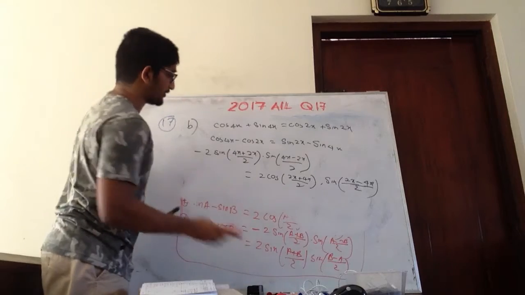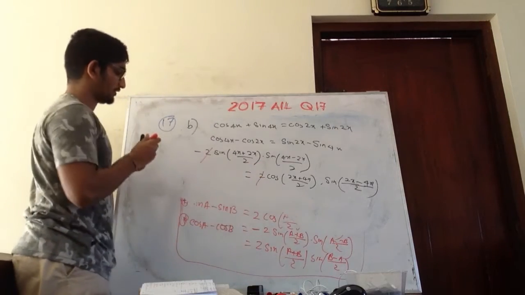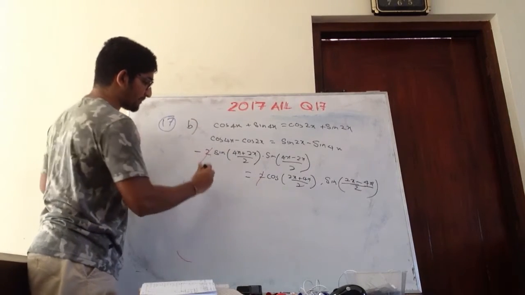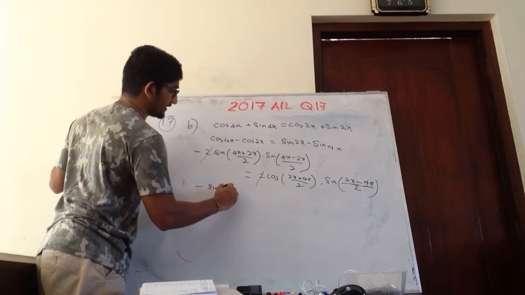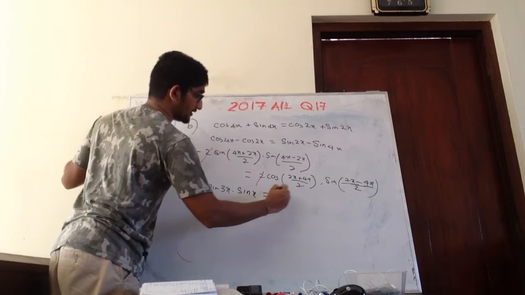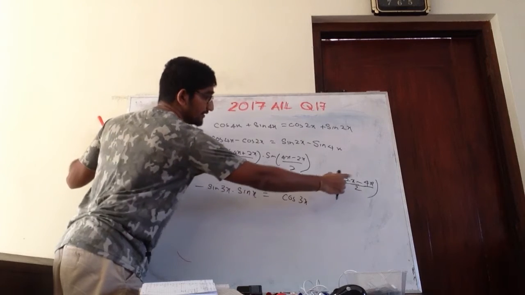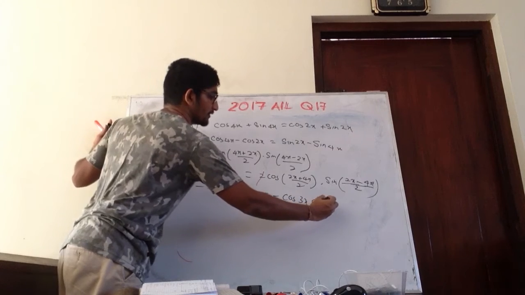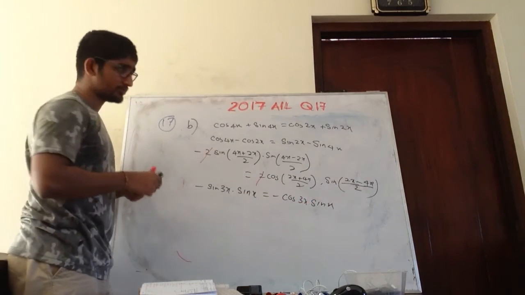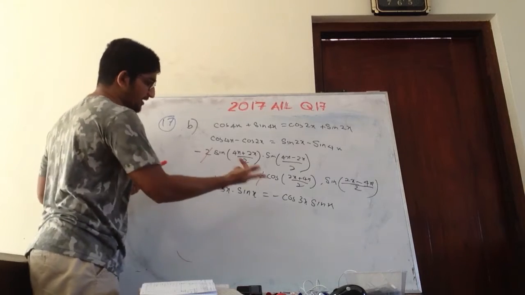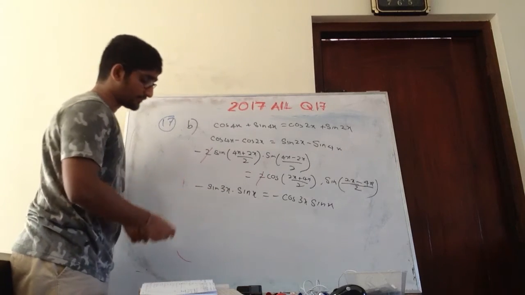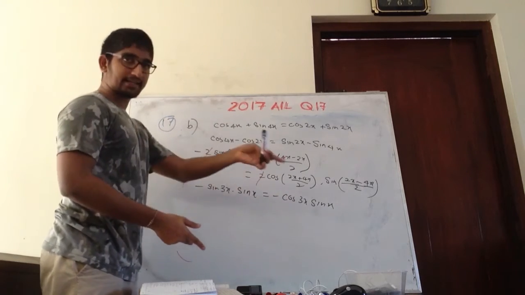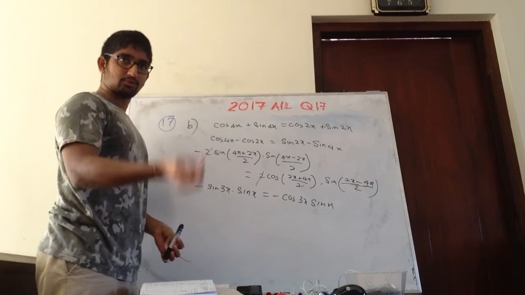Right? So now here first of all we can cut this 2 off. So then we will get minus sin 3x sin x equals cos 3x. This will be sin minus x, so you can take the minus out. So remember we just can't cut the sin x off because we are finding the solutions of x now.